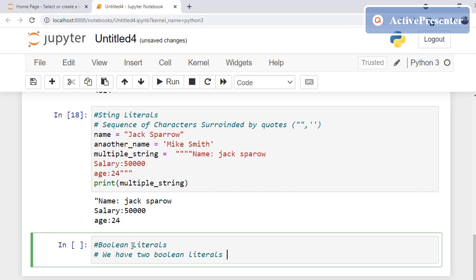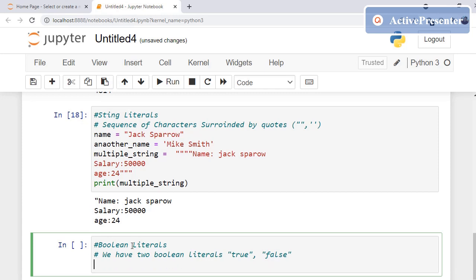What are these? One is true and the other is obviously false. This true and false will be used so many times in Python, in so many places.